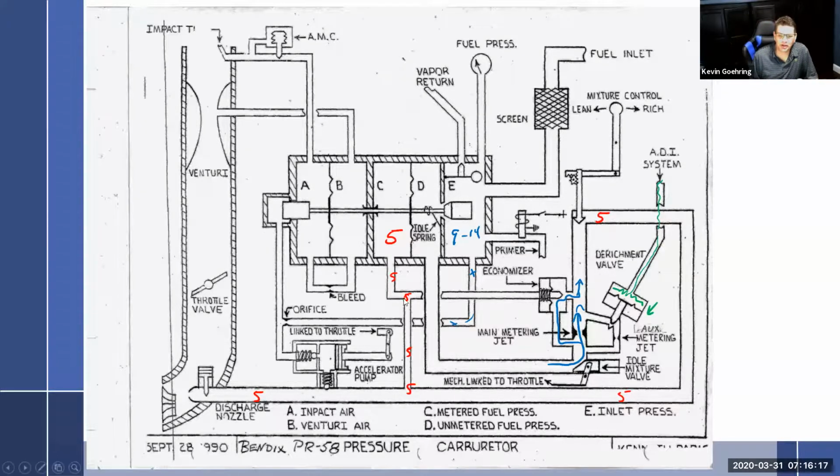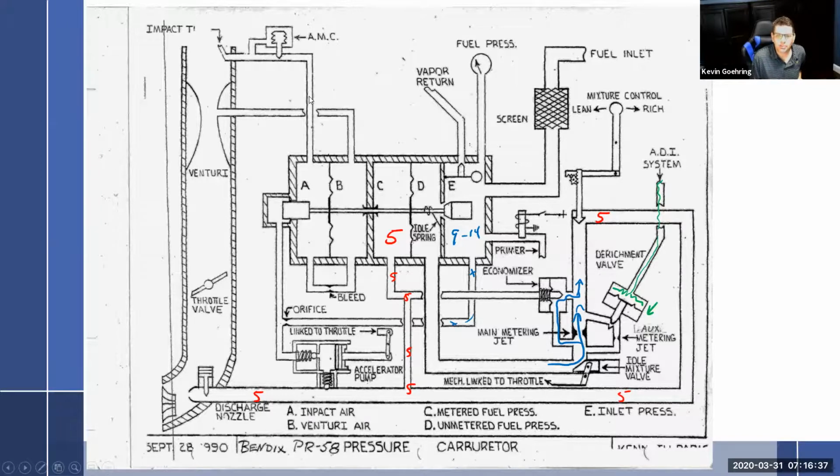And while I'm thinking about that, I forgot to mention this today. Why is there a bleed right here? The bleed is there to make the automatic mixture control work. See, that's the answer you should say when I'm asking orally, why is there a bleed there? You should say, it's there to make the AMC work. Oh, okay. And of course, you know me, my next question would be, why? Because I love that.